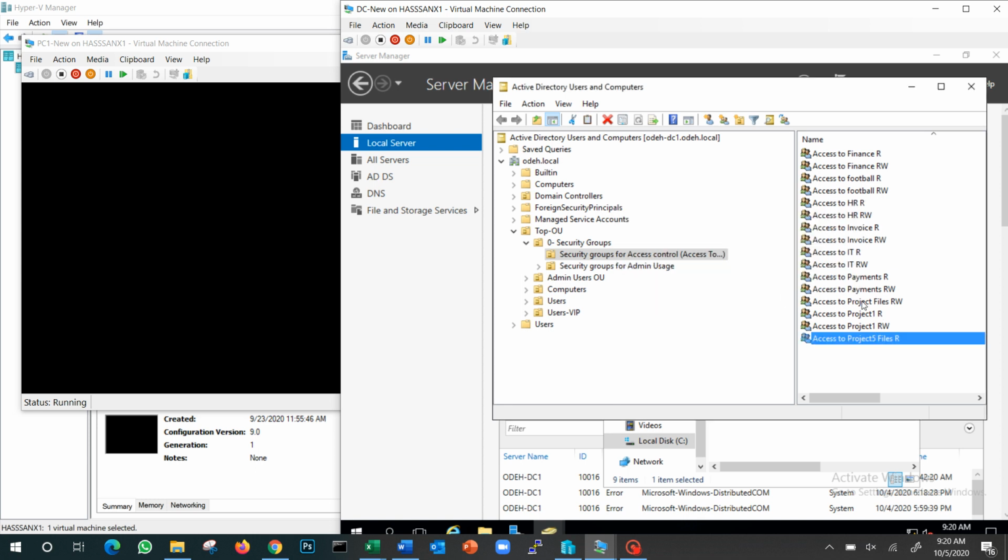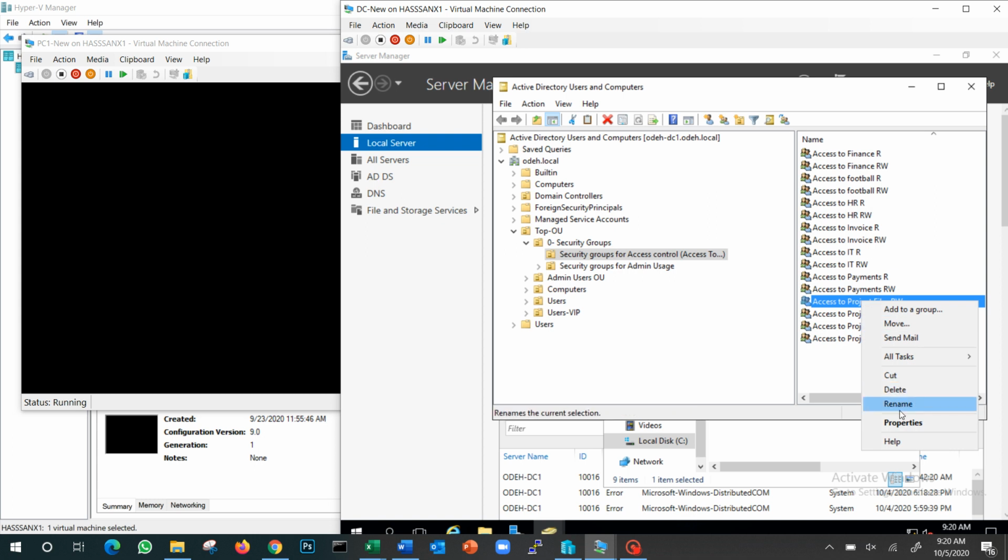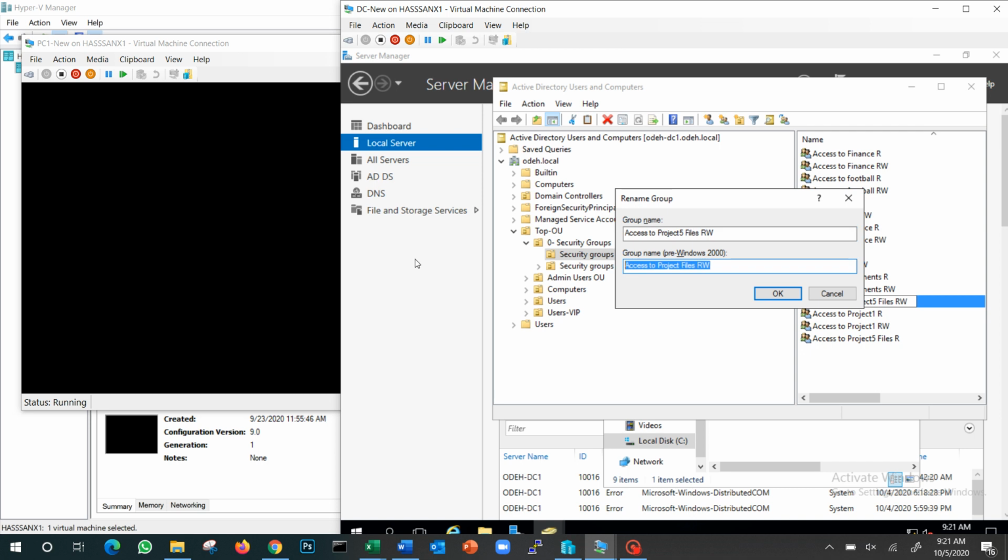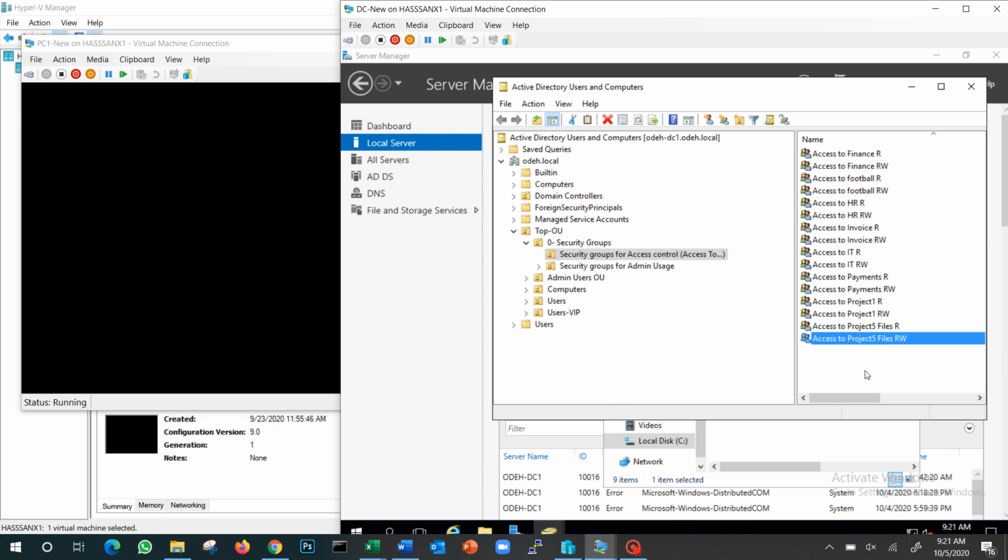Project 5. And then I will change this one. Rename to project 5 RW. And then project 5 RW. Okay. So now after 5 months, somebody called me, says, I want read-write access to that project,